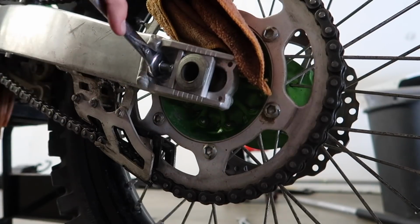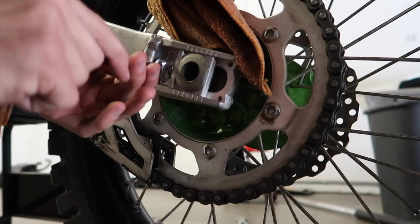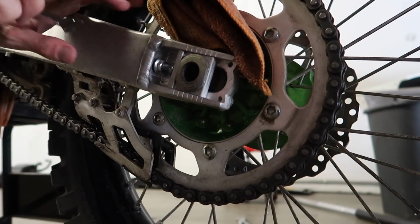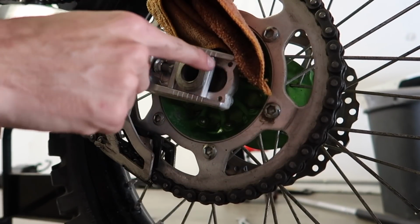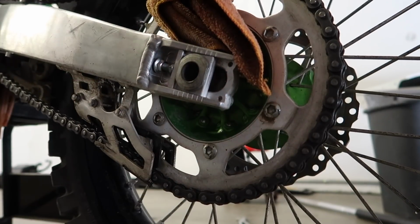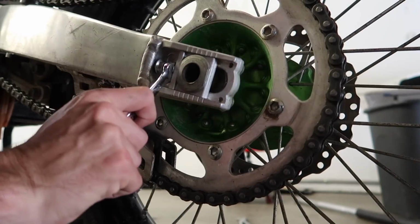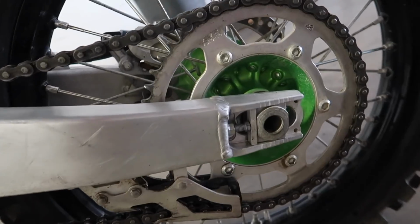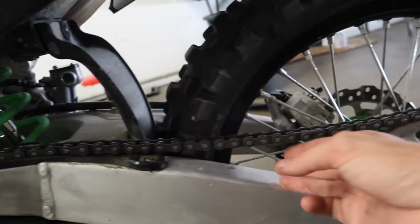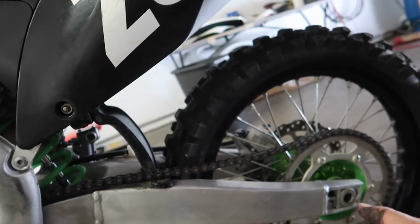So what we're doing first is loosening the chain adjustment nut, and then once that is loose, you will start adjusting your chain length, and you want to use the measurements on each side. Do this side first, notice the chain gets smaller, and then move the other side and make the same adjustment that you did on this side. So now that our chain adjustment is equal on both sides, check your chain. I'm about 3.5. So once your chain is done, you tighten everything back up,